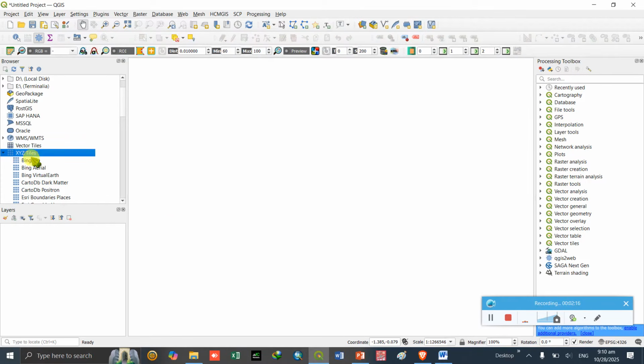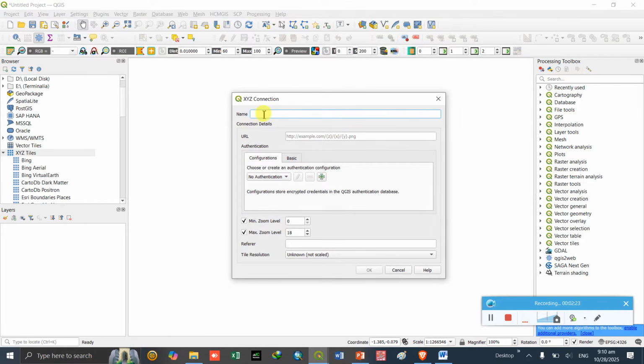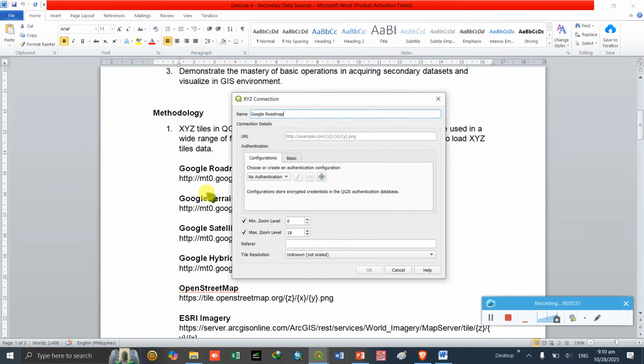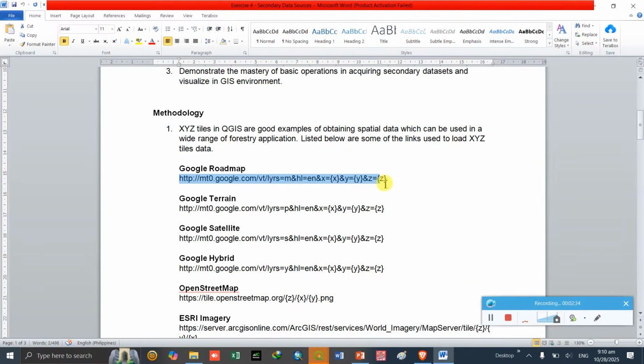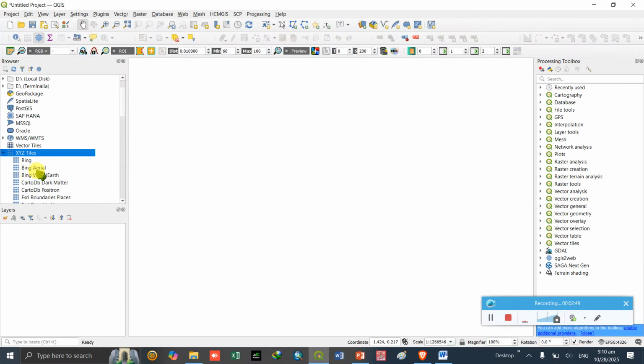To add new XYZ tiles, you just need to right click, new connection, and then copy the name from the exercise roadmap, and then paste, and then you copy the URL. Be sure to check for spaces. If there is a space, you just need to delete it. Then you click OK, and the new link will be added in your list.